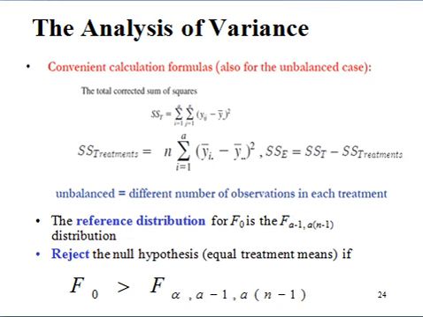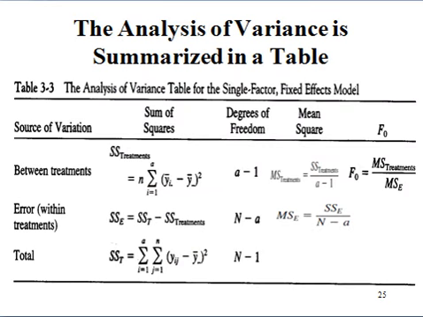And this F cutoff would be F alpha comma a minus 1, comma a multiplied by n minus 1, where a is my number of levels and n is my number of runs for each experiment. Here is the standard ANOVA table